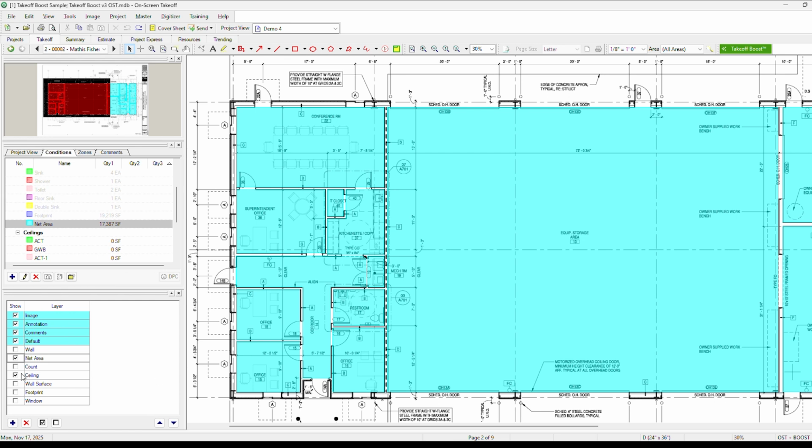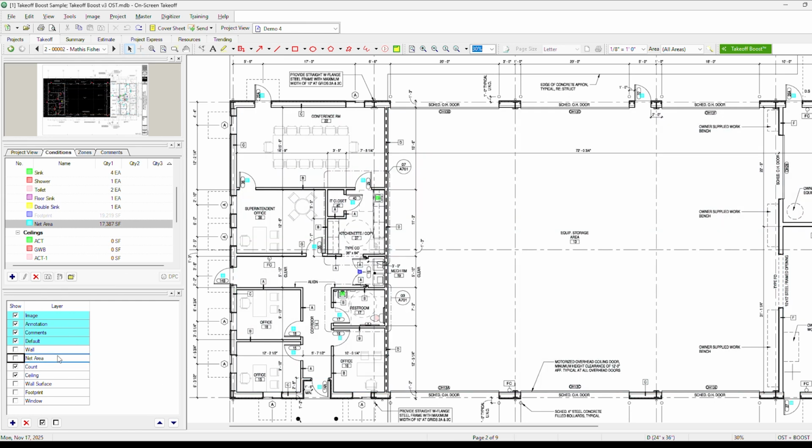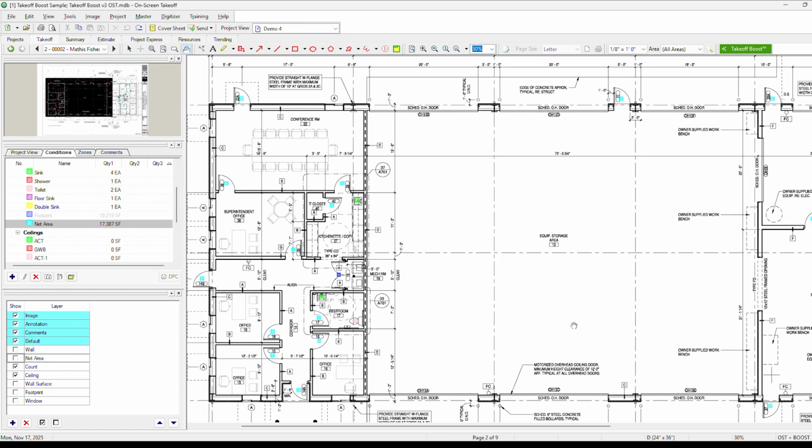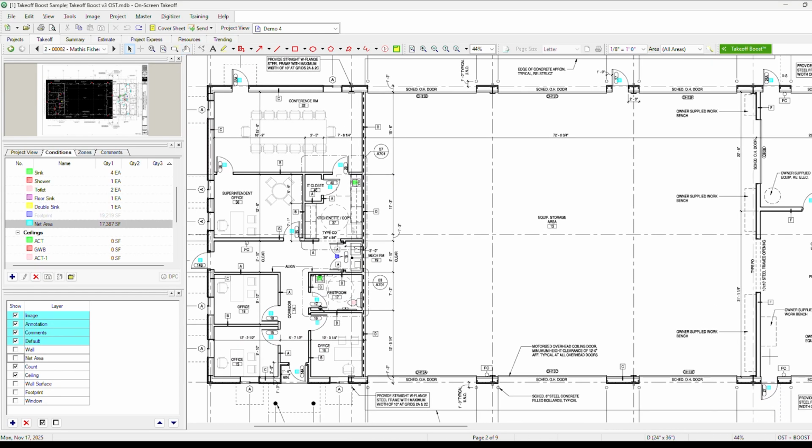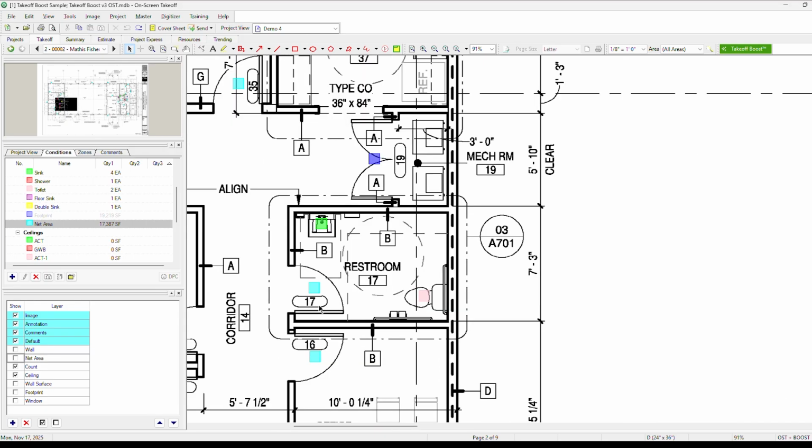And lastly, we've got our counts. So you can see it's gone through and counted everything. Doors, it's even split things out like double doors, toilets, sinks, all that kind of stuff. And you can get really clever with this. So for example, a sink here, you might know that there's a mirror behind it. You don't really want to account for that paint there. You can use these counts for the sinks to get those kinds of measurements as well.